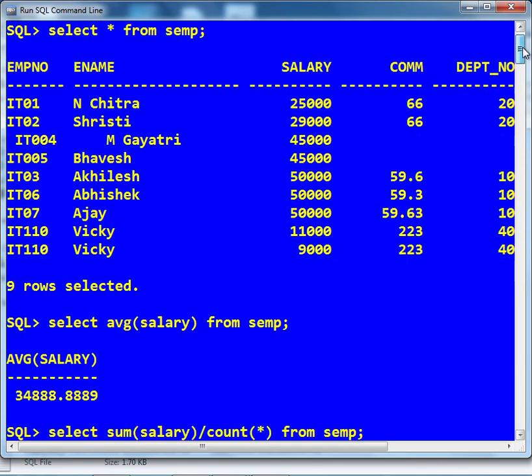Do we have any null value? No, we don't have any null salary, so in this case it is not giving me any difference.